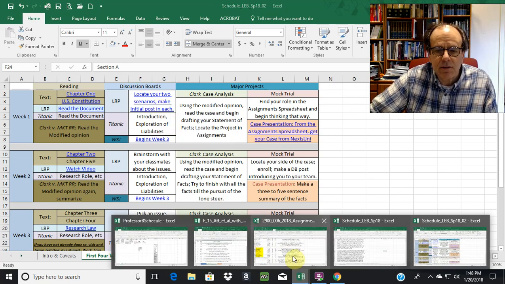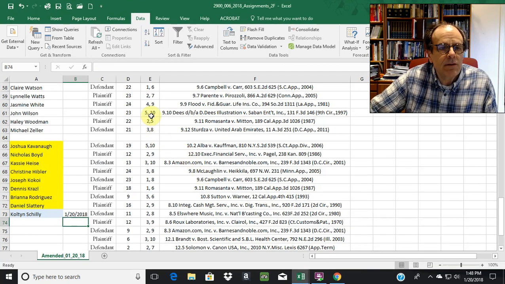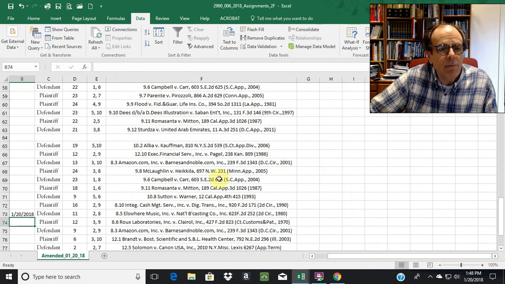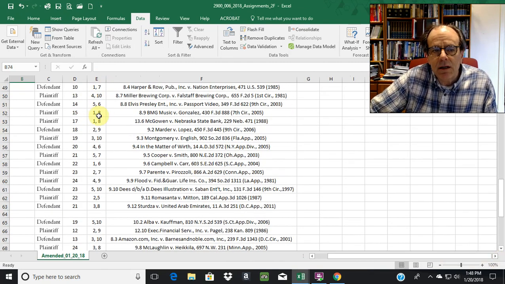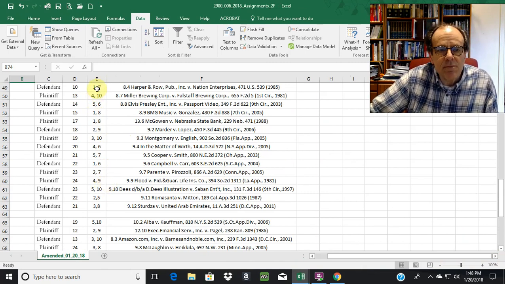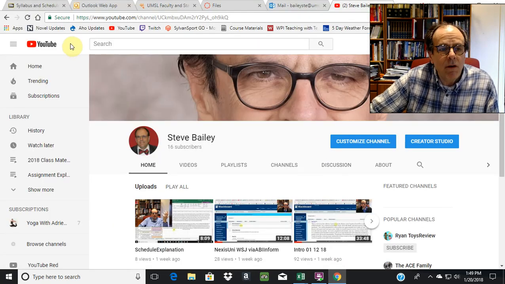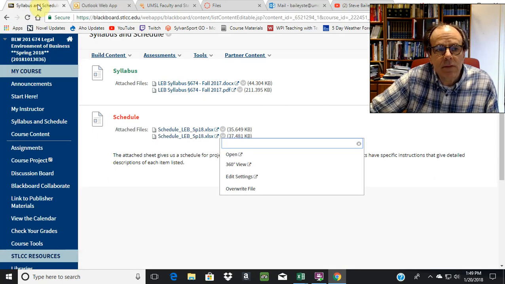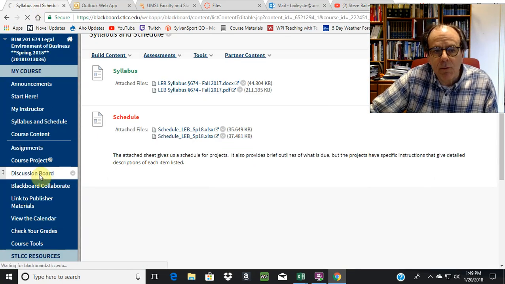Let me see if I can get this up, and then I've got to try to move away so I can see names. You've been assigned in the LRP to 2 page numbers. And so there you're going to go in. This person has 1 and 7. They go to page 1 of 10, and then page 7 of 10, and just copy the contents of that page into the discussion board for that group. So if we go to the discussion board,